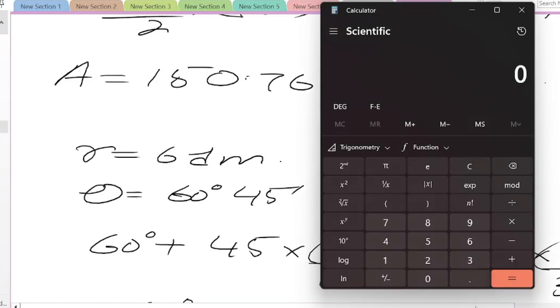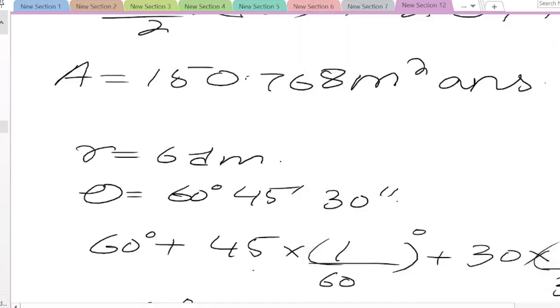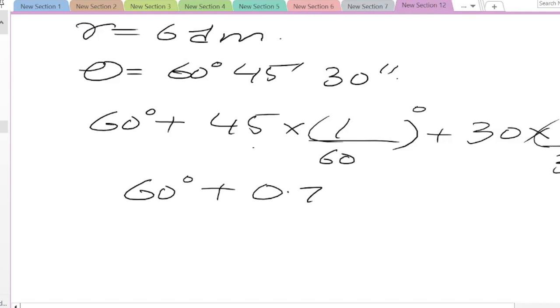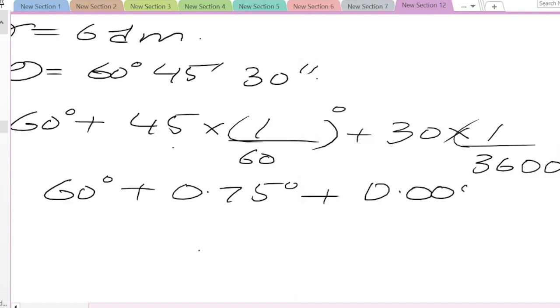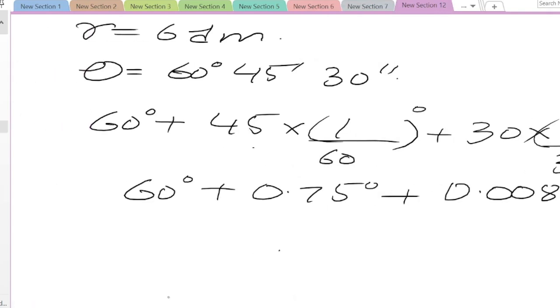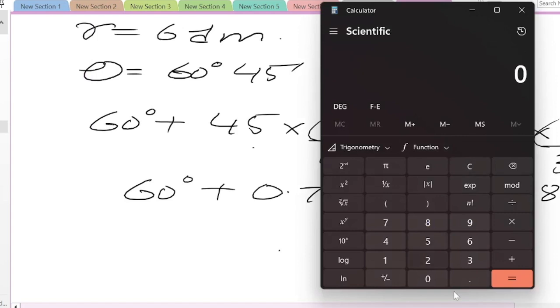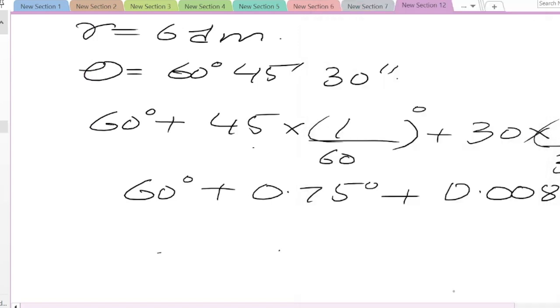So let's write it here. 45 divided by 60, that is 0.75. So 0.75 degree will be written here. After that 30 will be divided with 3600. So that is 0.008, 0.008 degree. Now all of these are gonna add up with each other. So we can write 60 plus 0.75 plus 0.008. So we get 60.758,